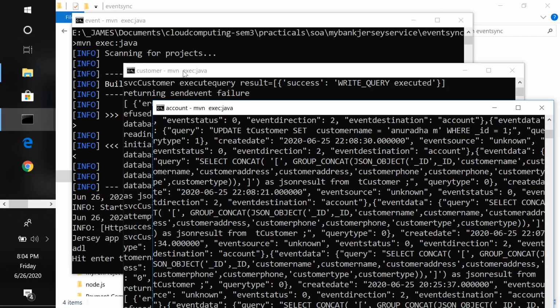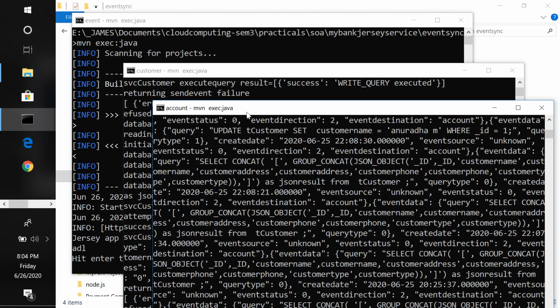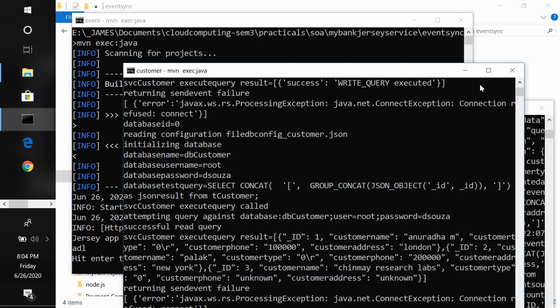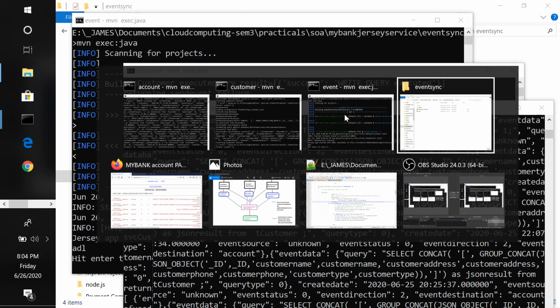The customer REST service is running here, customer account service is running here, and the event synchronizer is running over here. This is running on port number 8084, then customer is running on port number 8081, and account is running on port number 8082. So now let us repeat the same test and see whether it works.